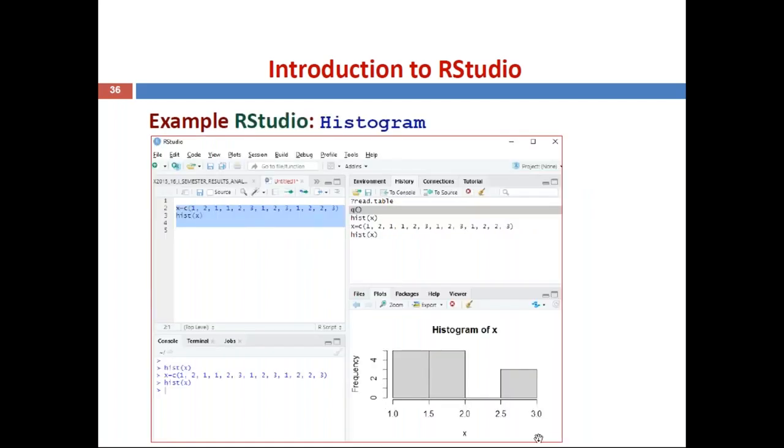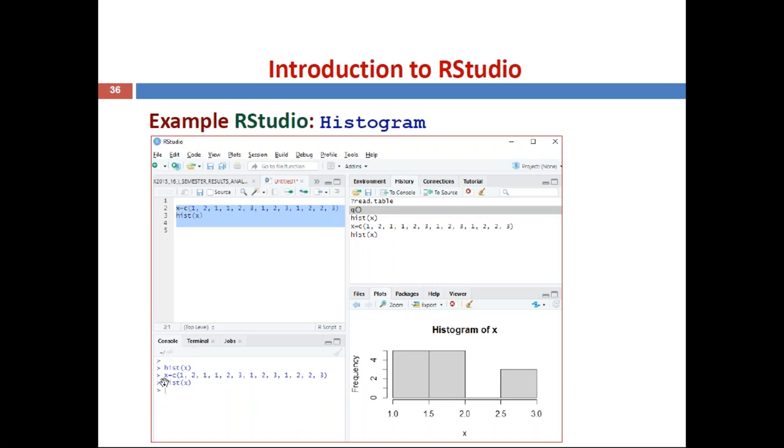Now you can see this is the RStudio histogram program. So here I typed in window 1 the script, the data you are adding here, x equal to c of whatever the data you can type here. Then this is the function for histogram, HIST, for which data, the above data that is stored in x, so HIST of x. Then to run this function, select both the function and data, click on run or Control Enter.